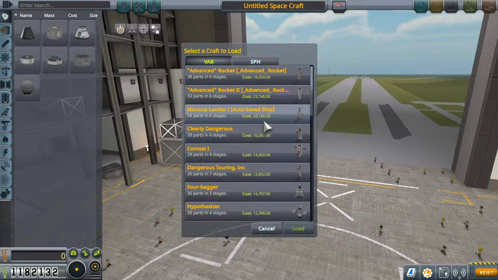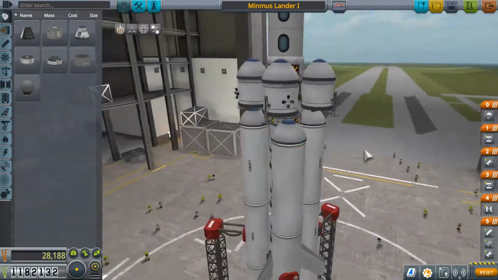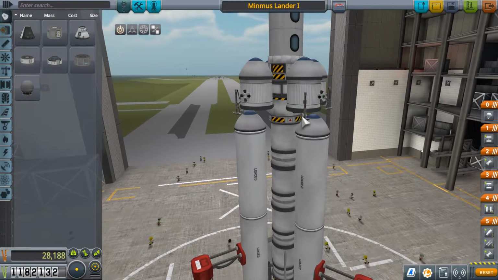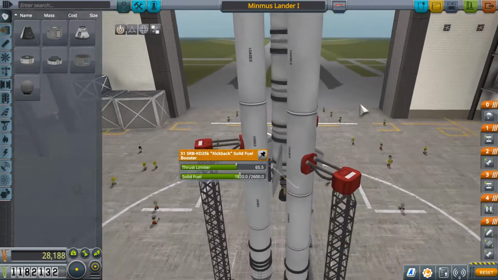So let's open this Minmus Lander 1. Something we could do is put a bit more fuel in this stage, but we could double up on these guys, and that would be one way to have more fuel. But I think that, like...